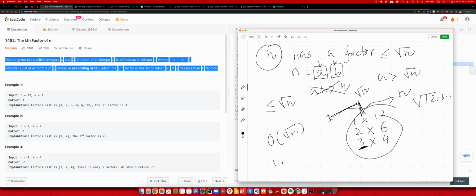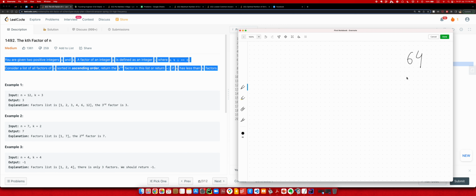We will start from 1 and go to root n, and these are our candidate factors. For every candidate factor, we will find the other pair. The other pair is nothing but n divided by i. That's the other pair. In case the number is a square number,